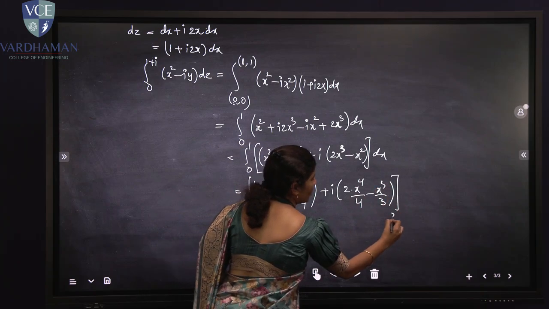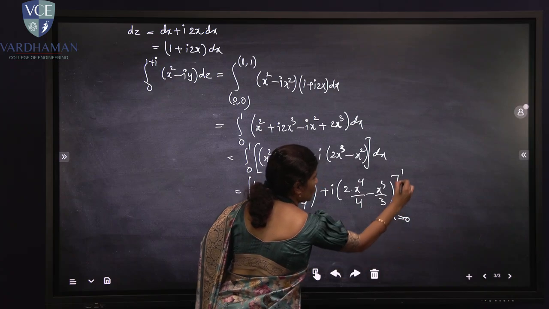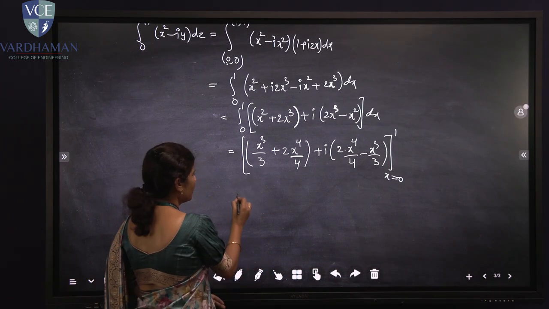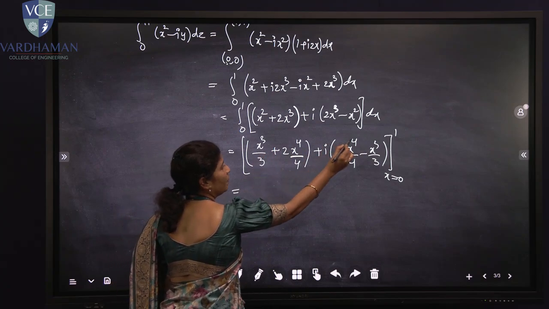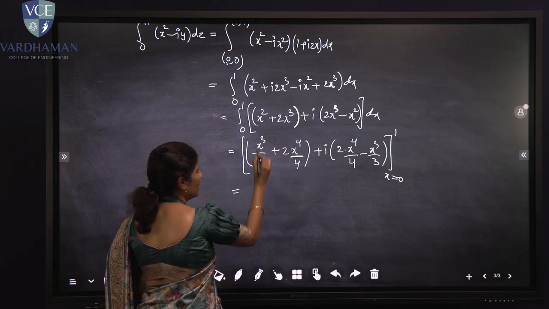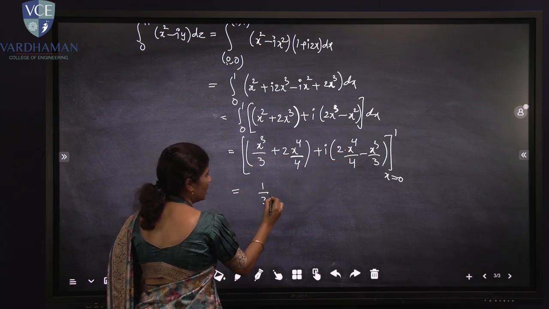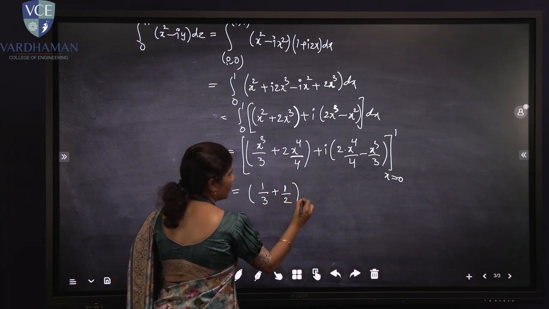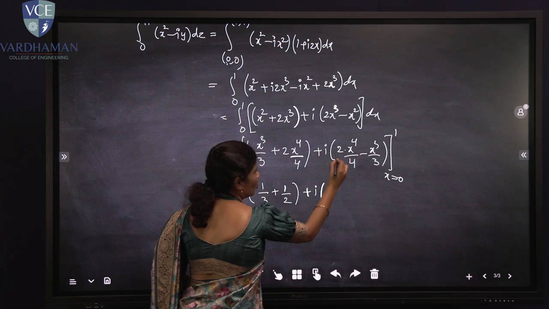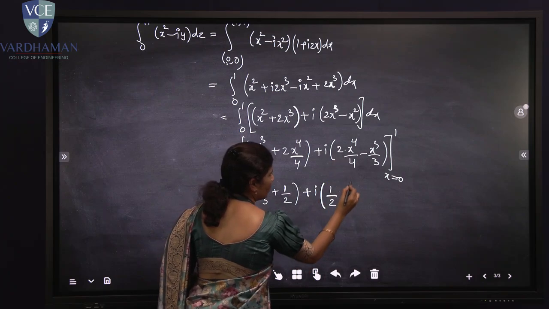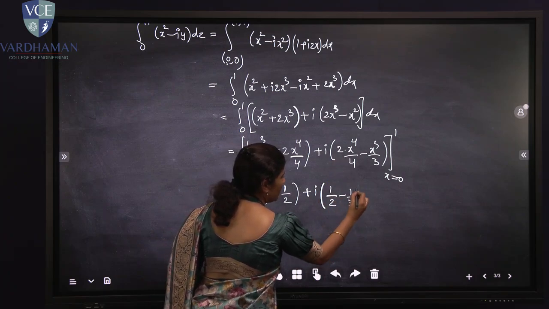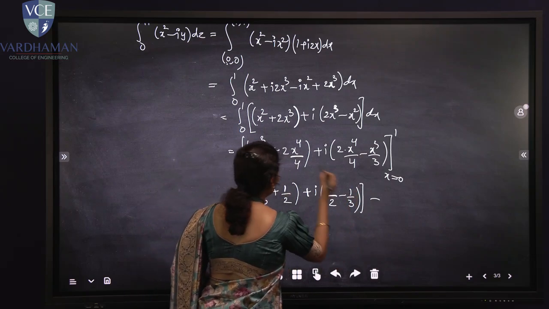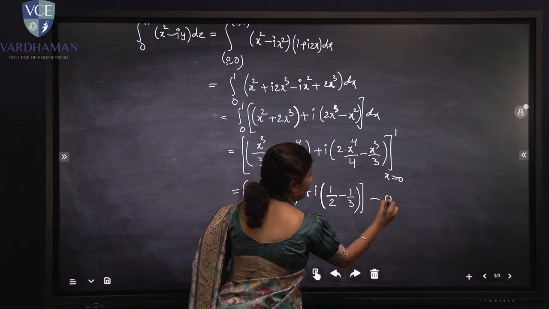We are taking the limits of x, that is x equals 0 to 1. Now we replace the upper and the lower limits. If we replace the upper limit in the place of x, that is 1 cube means 1 upon 3 plus 2 by 4, that is 1 by 2, real part, plus i, 2 by 4, that is 1 by 2 minus 1 by 3, upper limit, and if we replace the lower limit,